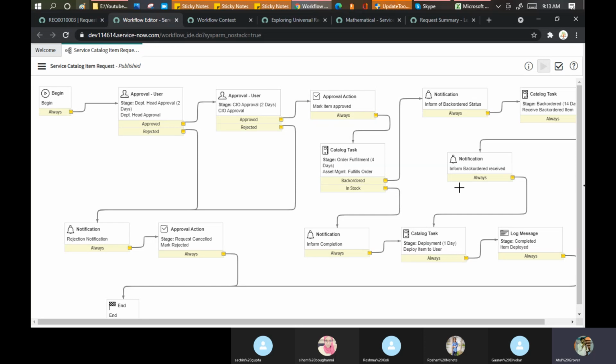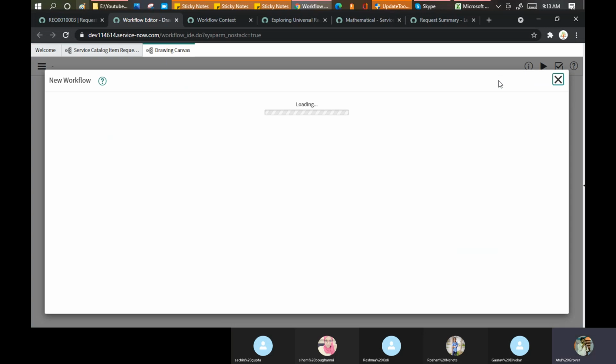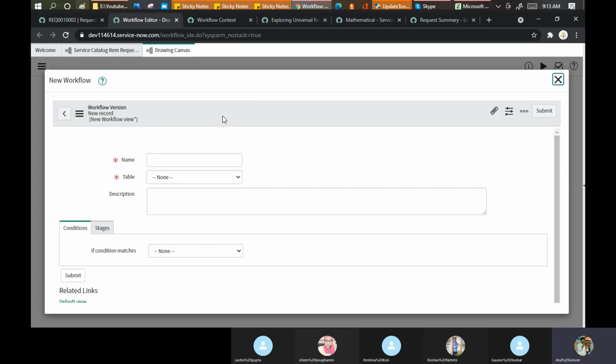Let's do one thing. Let's create one workflow for ourselves, and then during the weekend, you guys need to go through these workflows so that you can understand what we discussed and what we prepared. Let's go to the welcome and click on the new workflow. Let me put the workflow name as